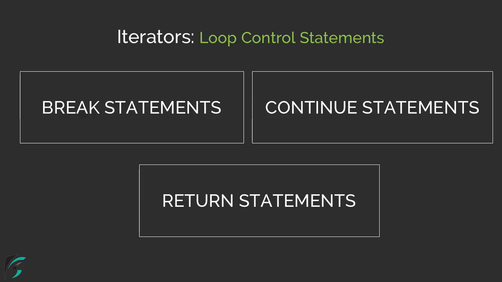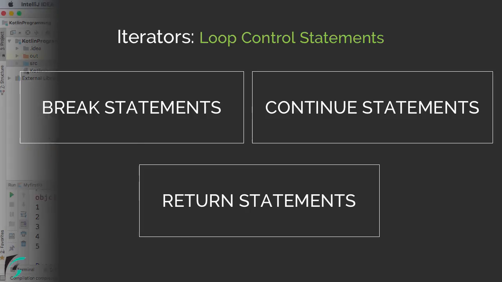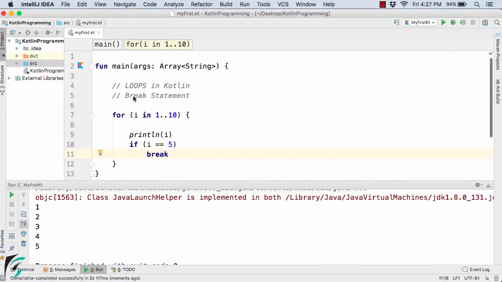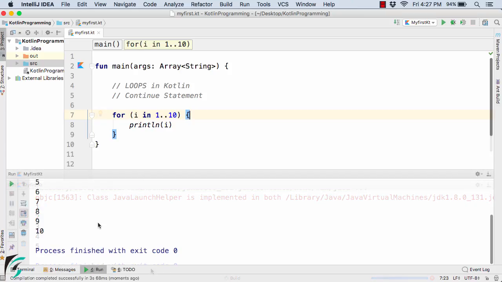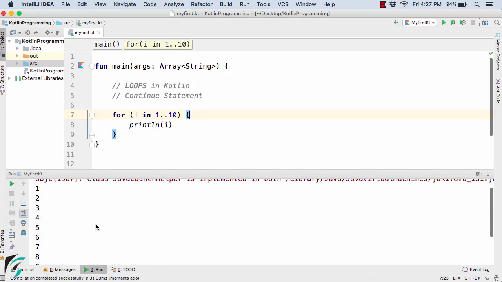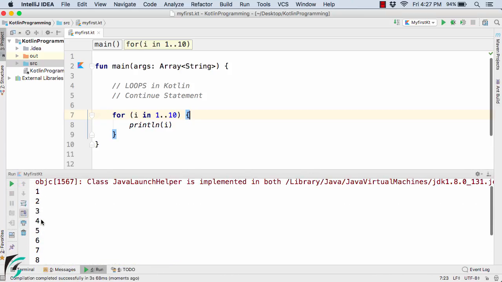Let us now proceed and check out the continue loop control statements in case of Kotlin. And now let us proceed and check out what the continue statement stands for. Suppose we remove it and run the code. Our code is written in such a way that it will simply print the values from 1 to 10,